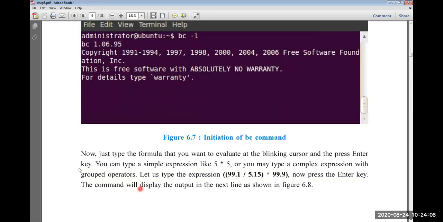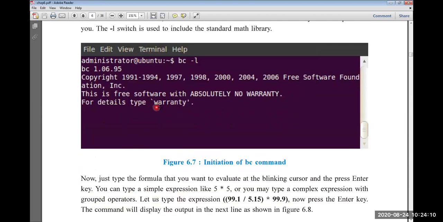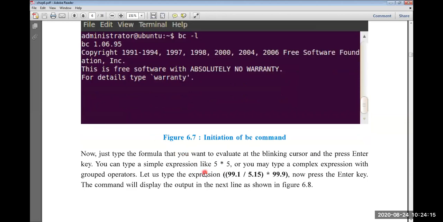So how to use it? Once you give bc like this, the cursor will blink, and there you can type an expression like 5 multiply 5.